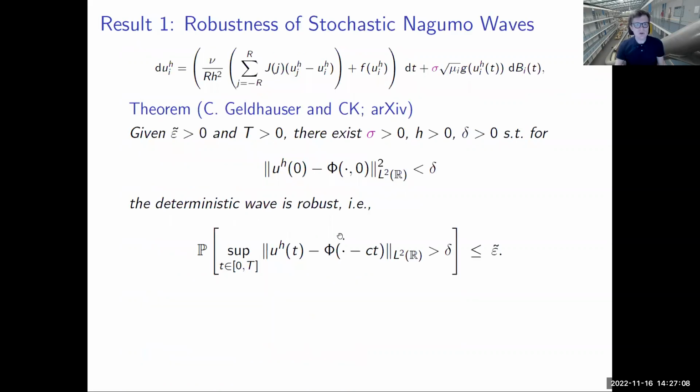Okay. So here's the first result. I want to show a little bit of results so that you get a little bit of a flavor of a relatively simple result. So let's take the Nagumo equation. Remember, that was the cubic bistable guy. And let's suppose, I mean, you can put here on the top the normal Nagumo equation if you like.